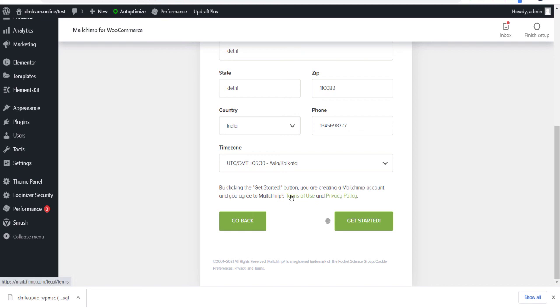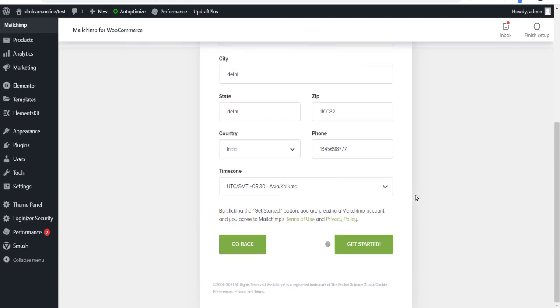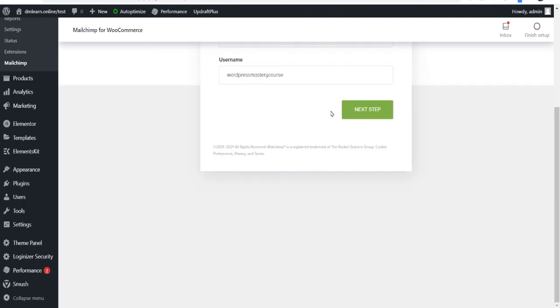Here you can see we have learned how to create a Mailchimp account through our WordPress panel. We don't need to open the Mailchimp website at all. They are creating the account on our behalf. We just entered our details. Here I am using wrong details, and I don't want to share mine because I have already made my Mailchimp account. I'll teach you how you can see your Mailchimp account and how you can integrate with it. I think due to a fake mail ID it takes time, otherwise it would not. So I'm going to go back.